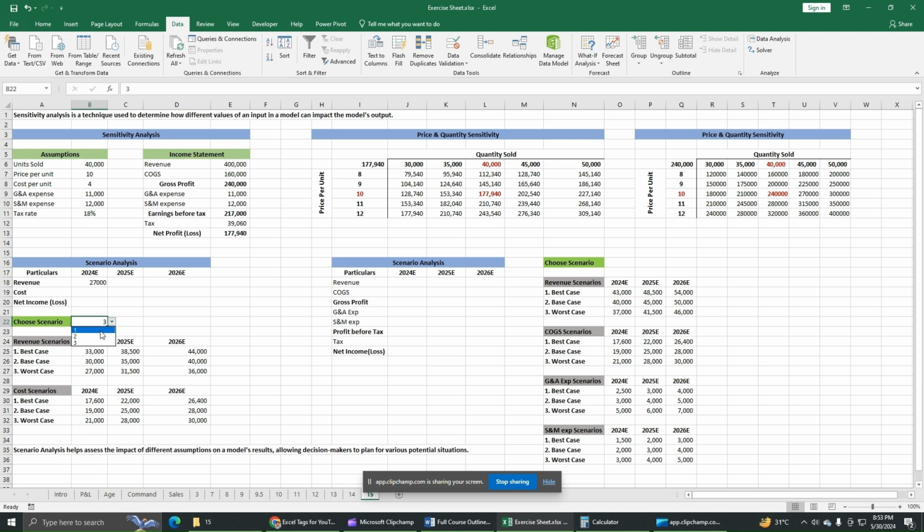If I select 1, then the revenue, this is the best case, 33,000 is there. Base case is number 2, 30,000. So this works like this. Now if I drag